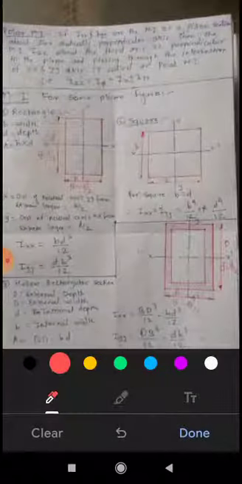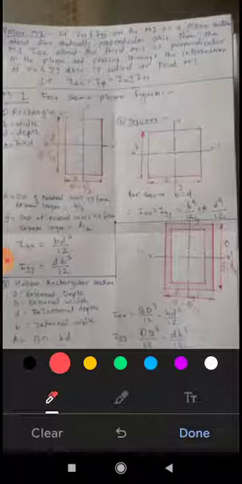See over here, this is the definition of polar moment of inertia. If Ixx and Iyy are the moment of inertia of a plane about two mutually perpendicular axes, then the moment of inertia Izz about the third axis ZZ perpendicular to the plane and passing through the intersection of XX and YY axis is called the polar moment of inertia. Just instead of words, they have written Ixx and Iyy for representation of these two perpendicular axes.